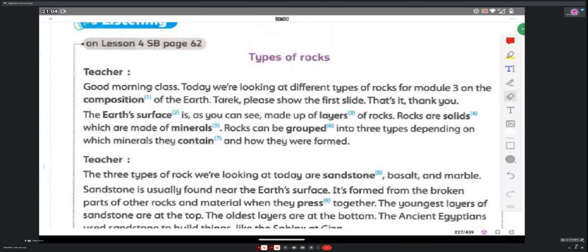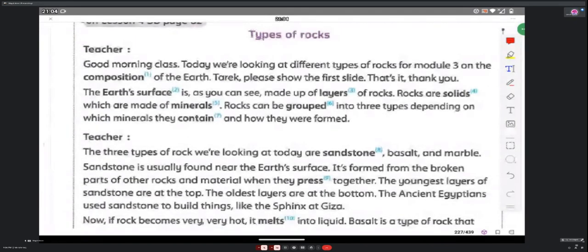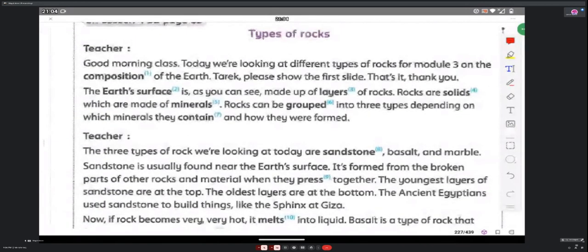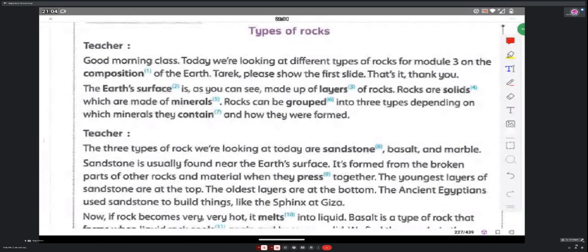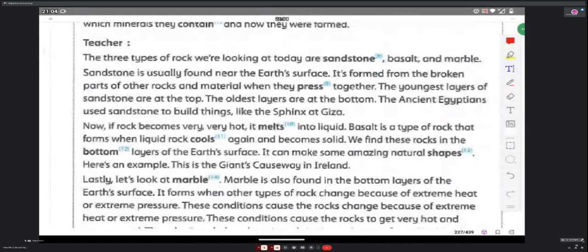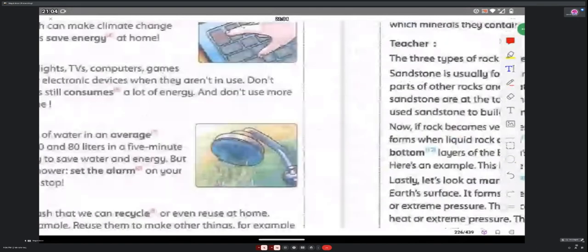The Earth's surface is, as you can see, made up of layers of rocks. Rocks are solids which are made of minerals. Rocks can be grouped into three types depending on which minerals they contain and how they were formed. The three types of rock we're looking at today are